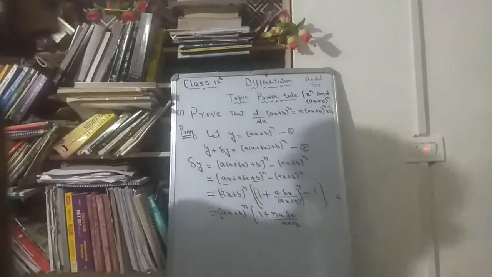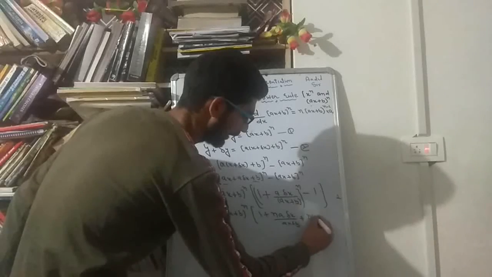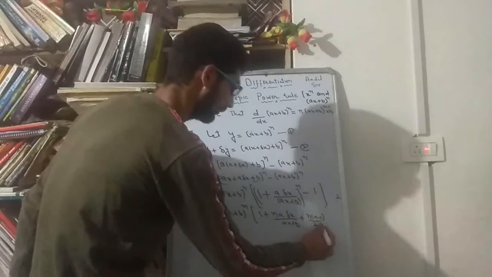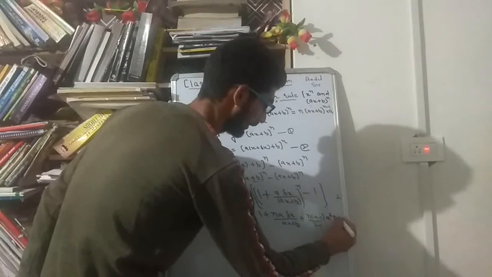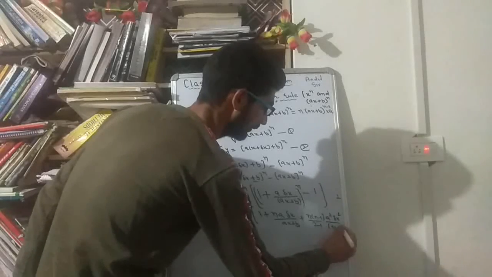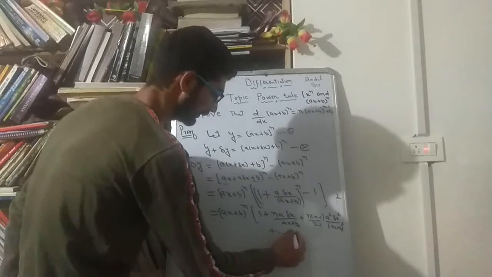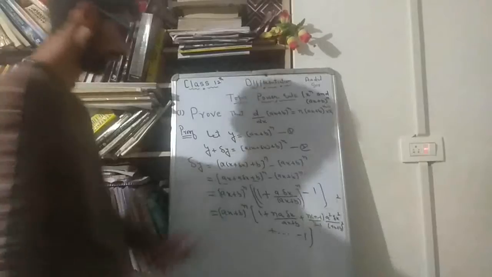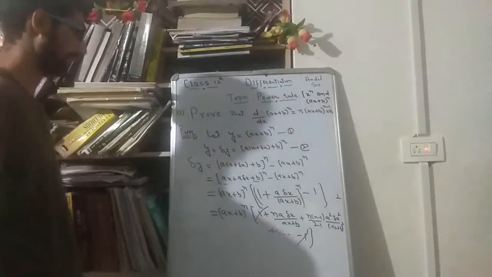After that it is plus n into n minus 1 divided by 2 factorial, and then we have a square del x square divided by (ax plus b) whole square, and so on until the last term. Now you check here, this plus 1 and this minus 1 will get cancelled out, so we are getting here